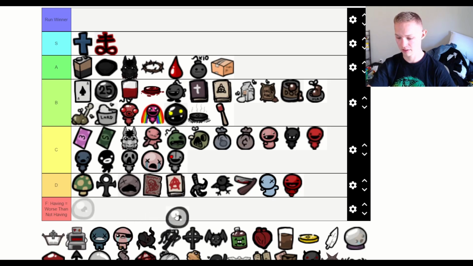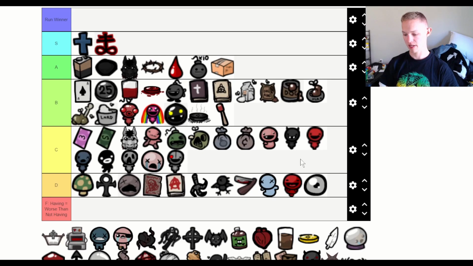Cain's Eye. It sucks. It's trash. It's a trinket, not an item. There's no situation where it's actively bad for you. It's just completely useless the vast majority of the time. So Cain's Eye